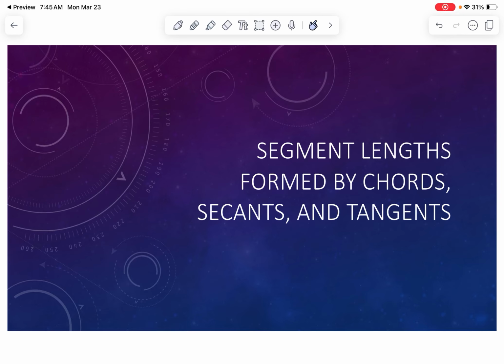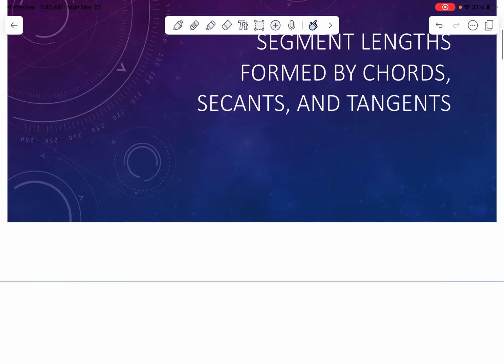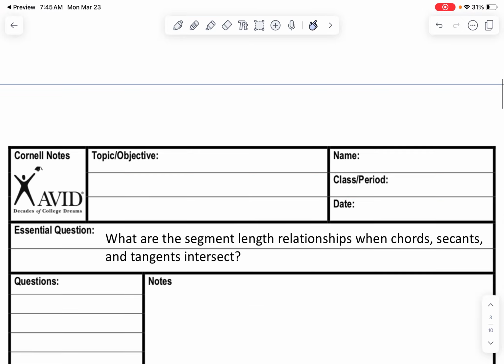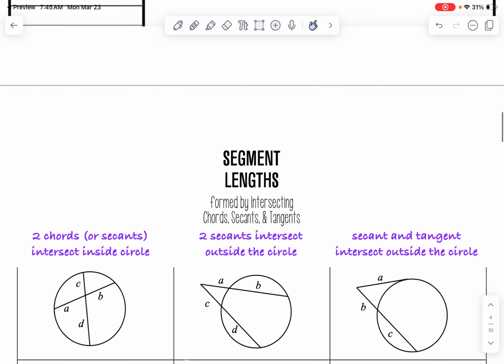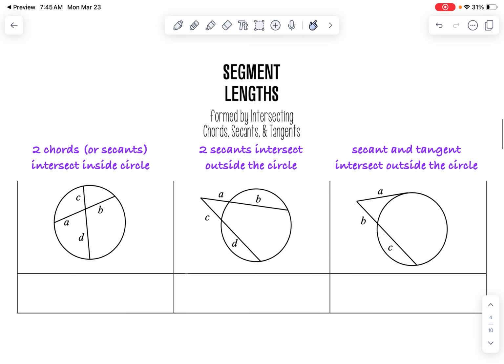Okay, so this lesson is on segment lengths formed by chords, secants, and tangents. Last time we talked about angle measures and arcs formed by those. Today we're going to talk about segment lengths. There are some relationships when this happens and a few different types, so we'll get into those right away. All right, so the three different types are